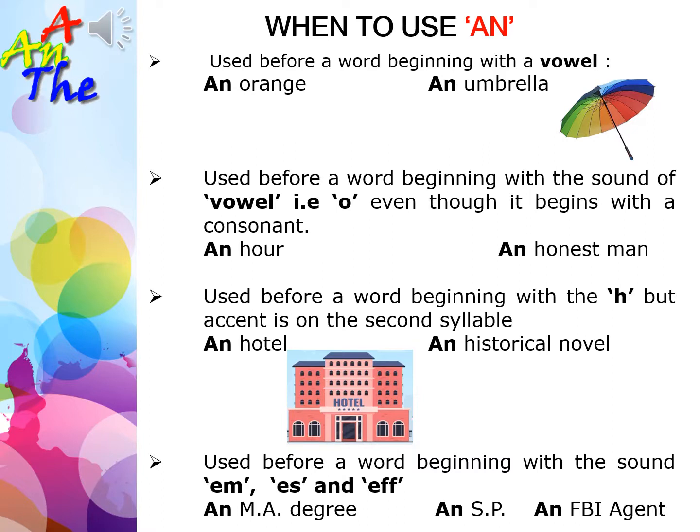Taking an example, an hour, an honest man. The third rule: an is used before a word beginning with H, but the accent is on the second syllable. That means H is silent. For example,